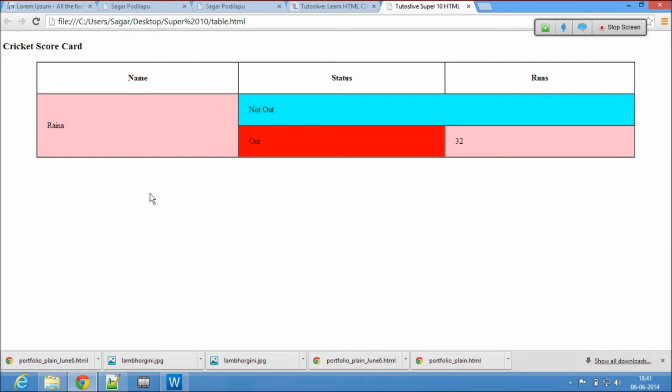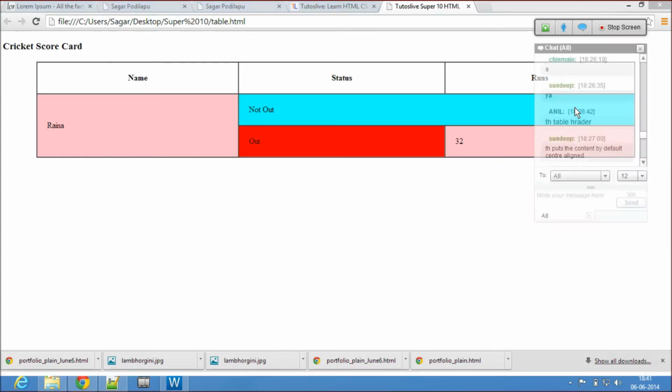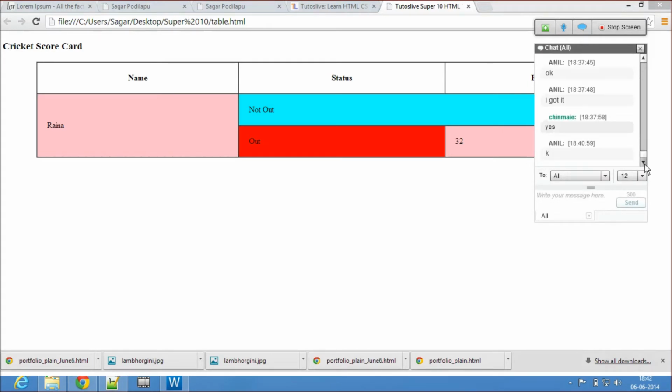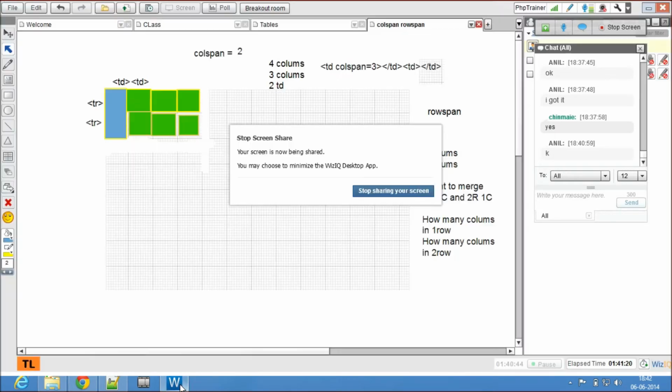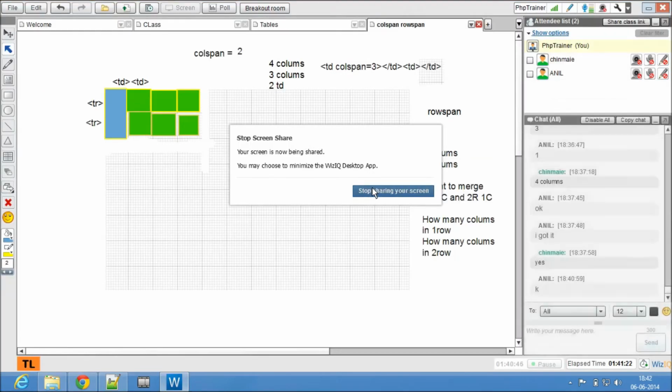I'll be giving an assignment on the row span and col span only, but because it's more complex, I'll be asking you to put in the background colors and stuff. So now shoot me with your questions. Any questions here? There's nothing fancy. Anytime, I'll tell you a simple formula to write row span and col span.